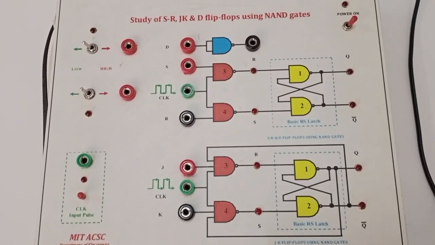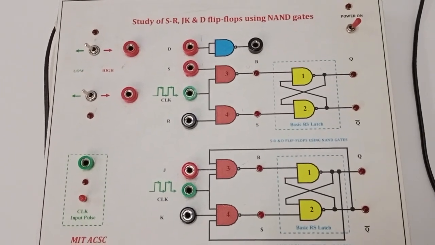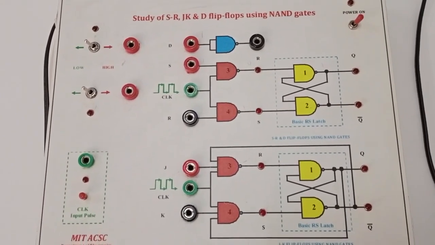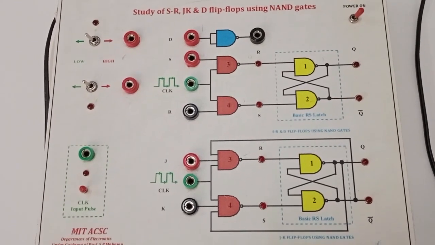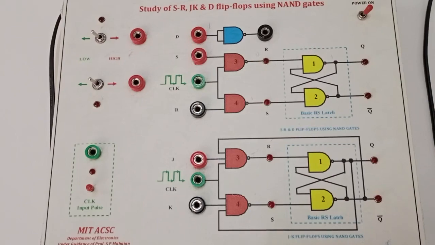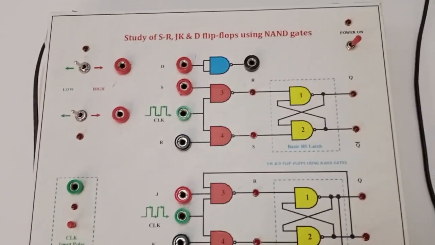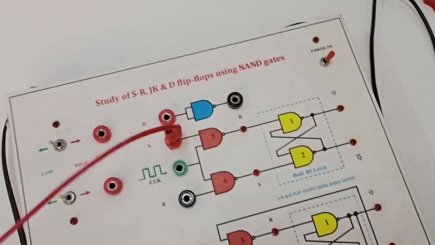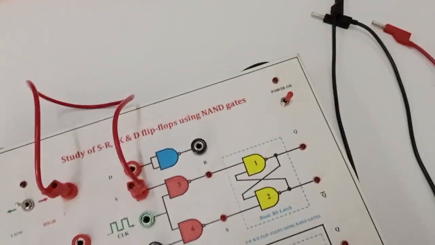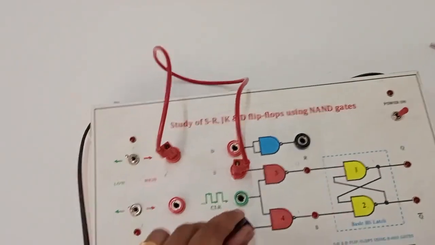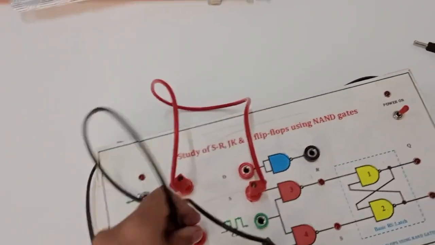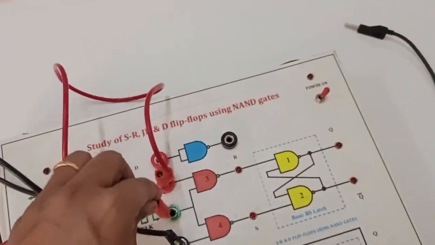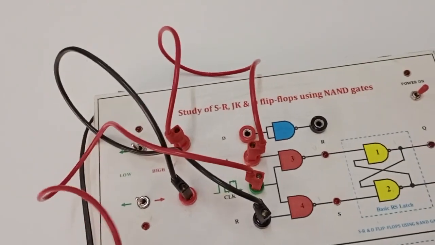Here we have to discuss a total of 3 types of flip-flops: SR flip-flop, JK flip-flop and D flip-flop. So first of all we are connecting the circuit for SR flip-flop. In the SR flip-flop we are applying two logics, one is 0 and the second one is 1. So S input is connected to the first logical input, R is connected to the second logical state. Then here we are applying a clock pulse to enable the flip-flop. So the third one is the clock pulse.